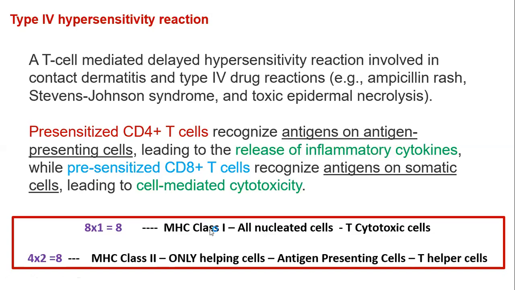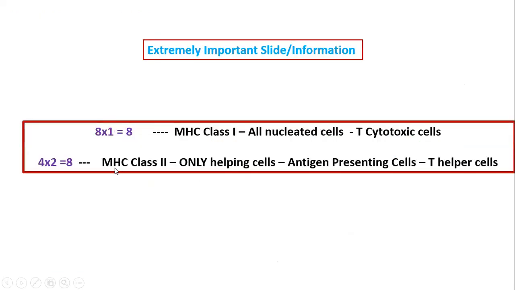Class 1 is present in all nucleated cells. Class 2 is present in only antigen helping cells, or antigen presenting cells. They are associated with T helper cells. So if you make this very nicely, you remember this, because it always confuses: T cytotoxic or T helper, MHC2